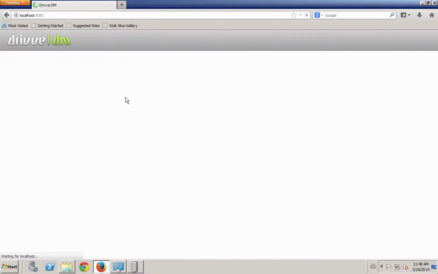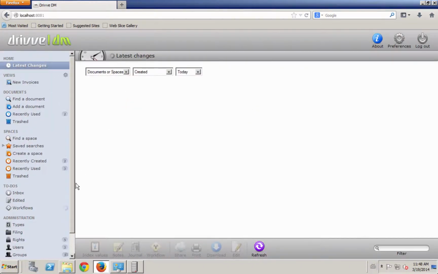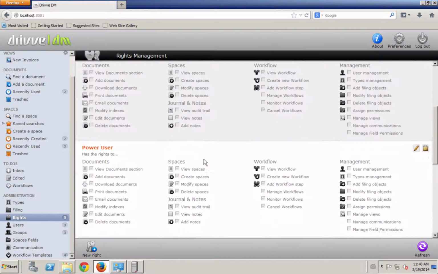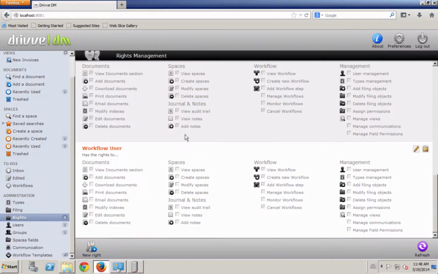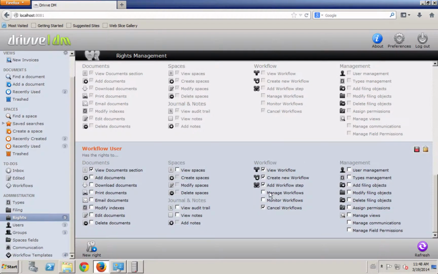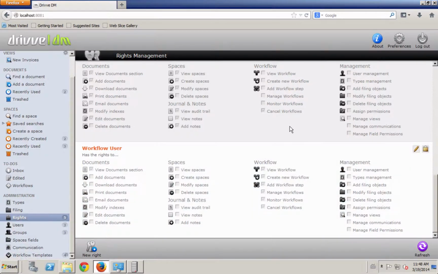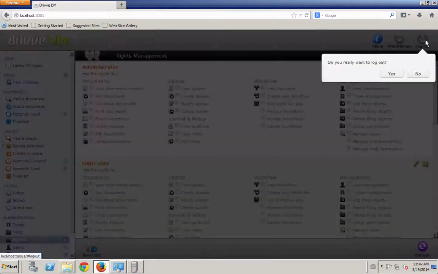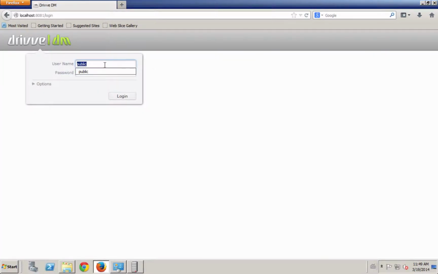So one last thing, I'm going to show you how the filter works for the workflow. If a user has, in the right section, I'm logged in as an admin now, if the user has the ability to manage workflows and monitor workflows, that means that they'll be able to see other people's workflows and see what status they're in. So now if I log out and I log back in as Sally,